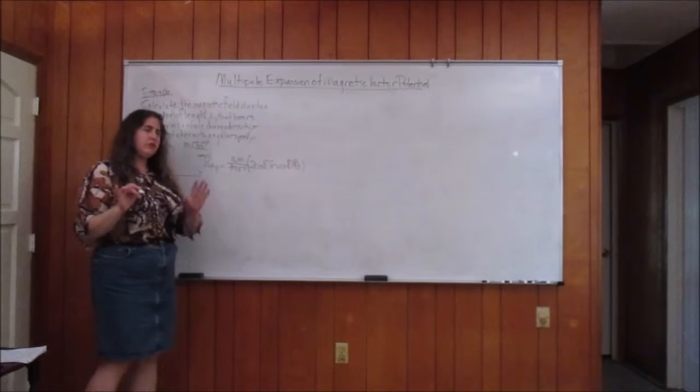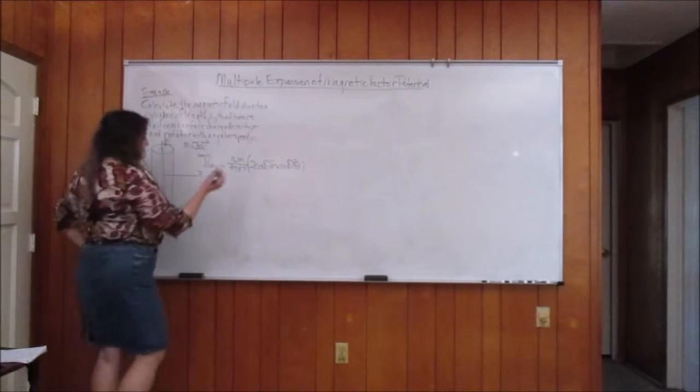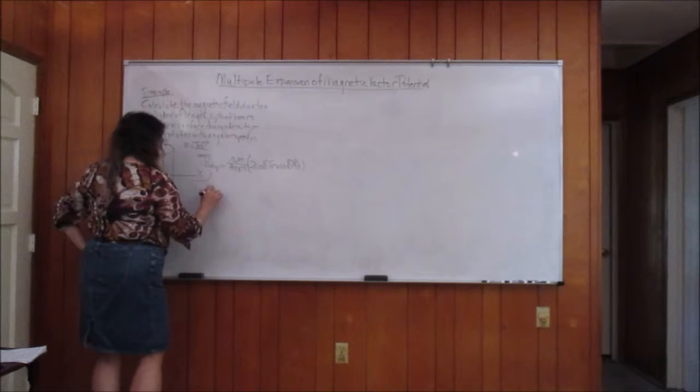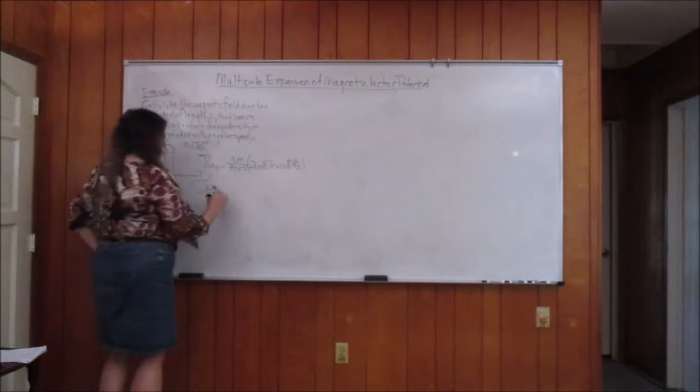It's convenient to convert these unit vectors to Cartesian unit vectors. So in other words, we'll write this as mu naught m over 4 pi r cubed